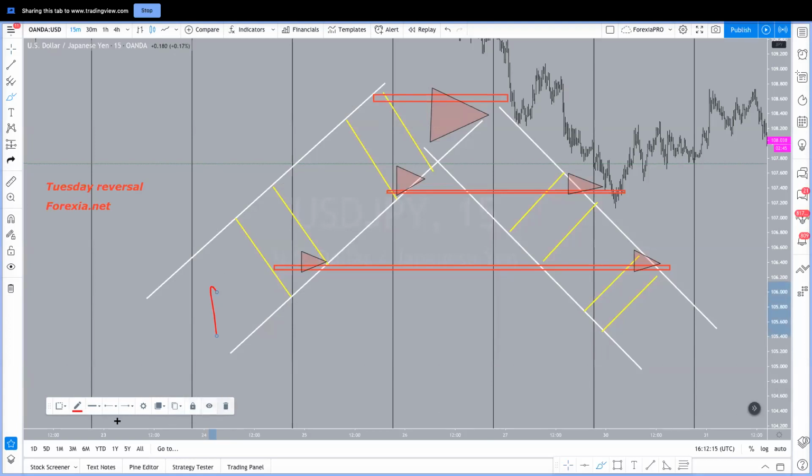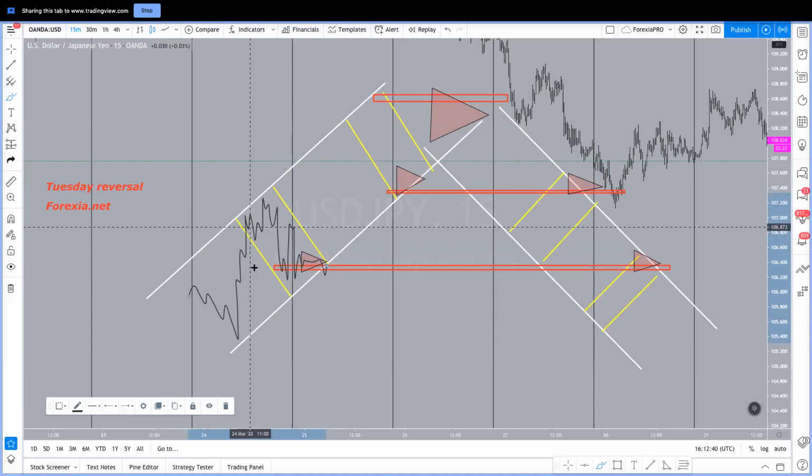Let me change the color, make it smaller, and try a new one. So when price is creating an uptrend and then goes to the induction phase, okay,